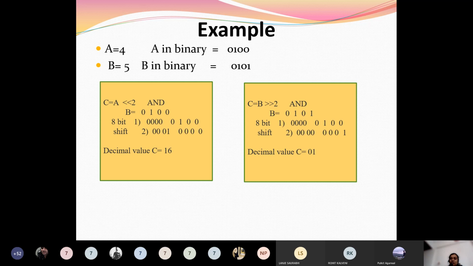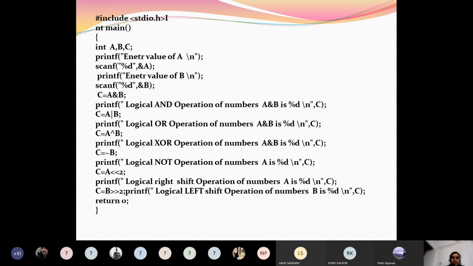Now here I take the value of b, that is 5, 0 1 0 0. Okay, and now here I will get this shifted by 2 bits. So ये जो 1 है यहाँ पे शिफ्ट हो गया है, shift towards the right side. Okay, this is shift towards the left side. Shift towards the right side में यहाँ पे shift हो गया, so value becomes 1. Okay, so this is the shift operator. We'll see its program the same way.